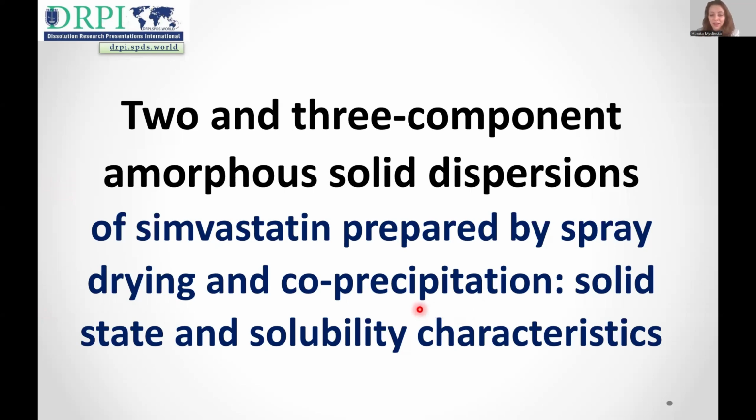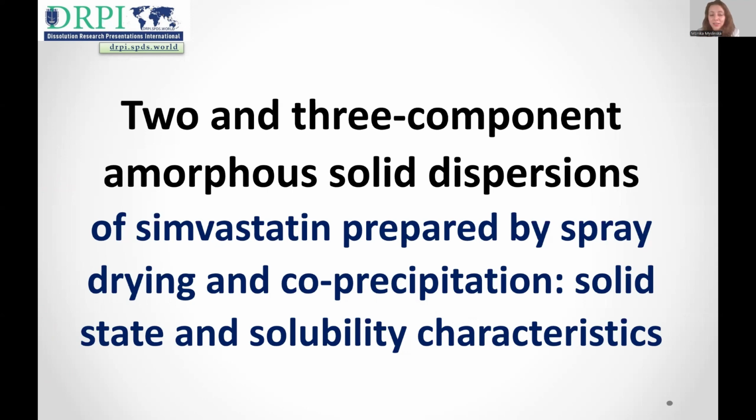Welcome, everyone. I would like to present you a brief overview of some of the findings from the project based on the abstract submitted for the Dissolution Research Presentation Europe Forum. This presentation is entitled Two and Three Components amorphous dispersions on simvastatin, prepared by spray drying and co-precipitation, solid state